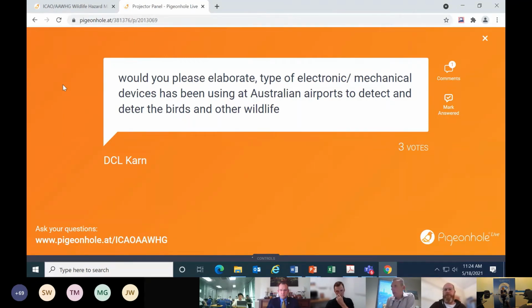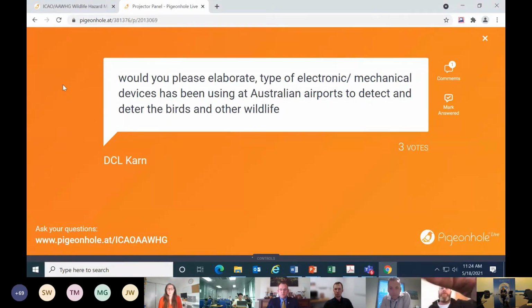If I can just add to that, Tony, airports are really only limited by the resources available to them in terms of the sorts of tools that they can use. As Tony said, a variety of tools is needed to reduce birds getting used to any one particular tool, and if a bird habituates to one particular tool, then that tool becomes completely useless. So relying on only one or two different types of devices is not recommended. Using a variety of tools in a variety of ways, as Tony said, stock whips, gas cannons, distress callers,